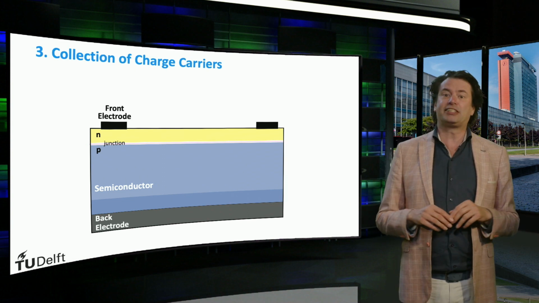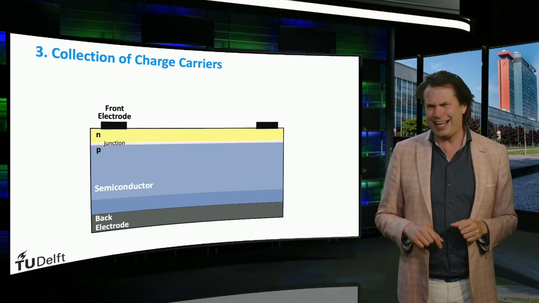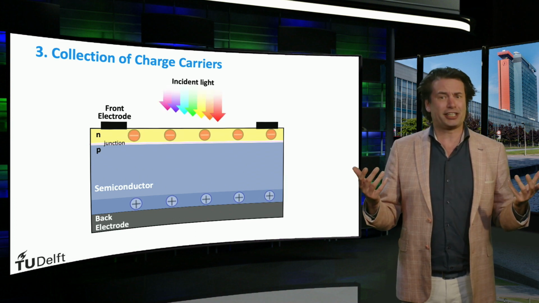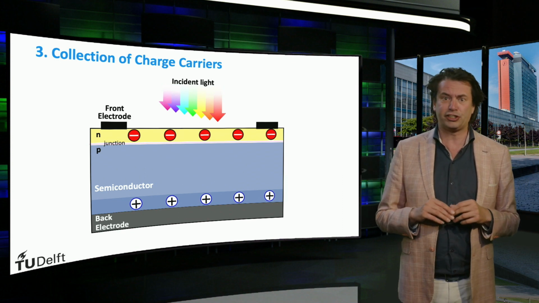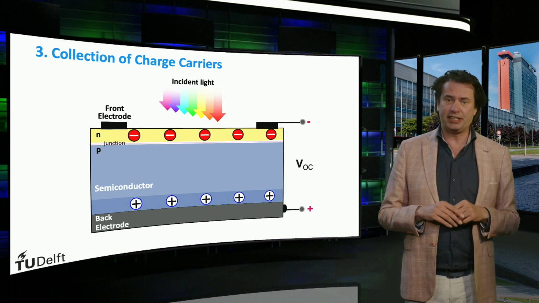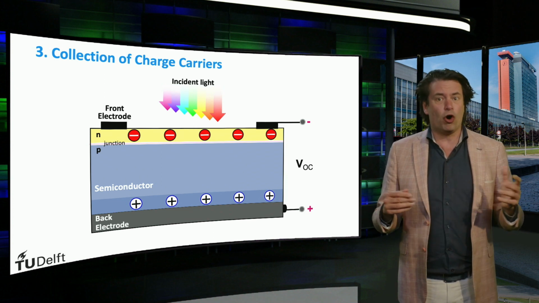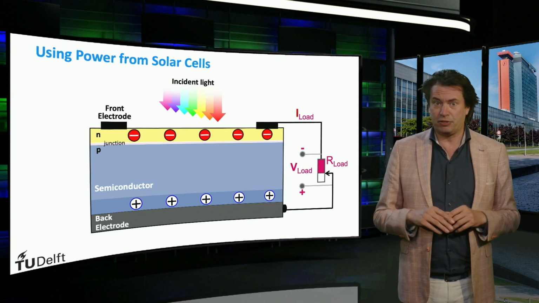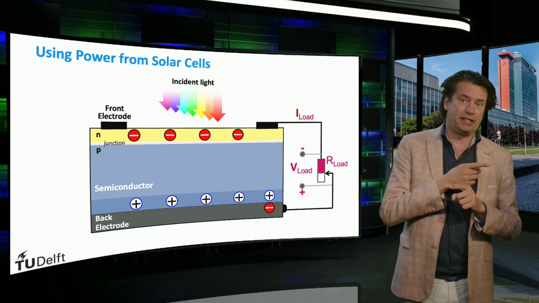The final process then involves the collection of photo-generated charge carriers. Let's start over again. Under the influence of light, a large number of charge carriers are generated and separated. The difference in the charge carrier concentrations at both ends of the PV device causes a potential difference between the electrodes. This potential can be measured by a voltmeter and is called the open circuit voltage, or VOC. If an external circuit is applied between these electrodes, electrons will flow from the n-type material towards the p-type material.